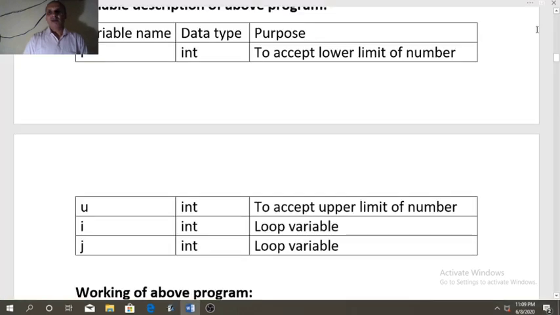Before that, variable description, L and U is the lower and upper limit, I and J is the loop variable. This working is very important to understand the nested loop.